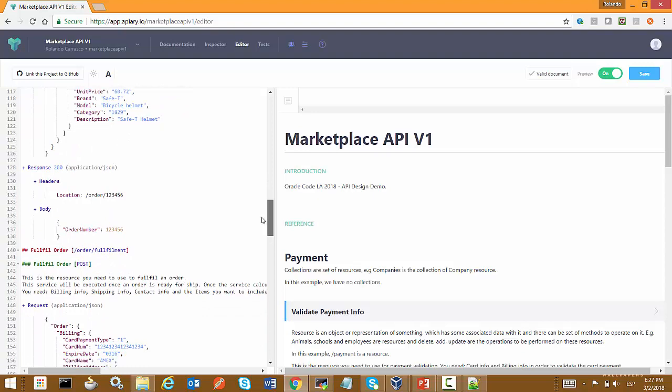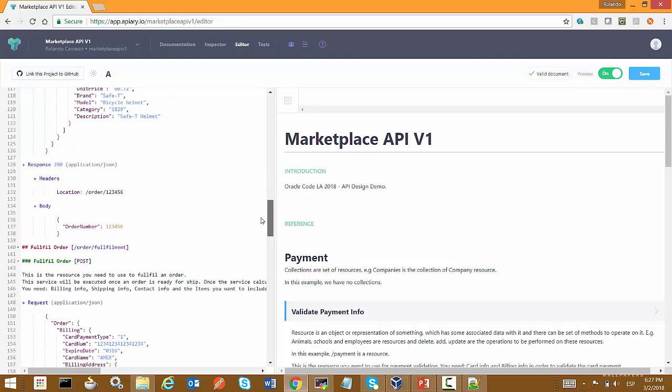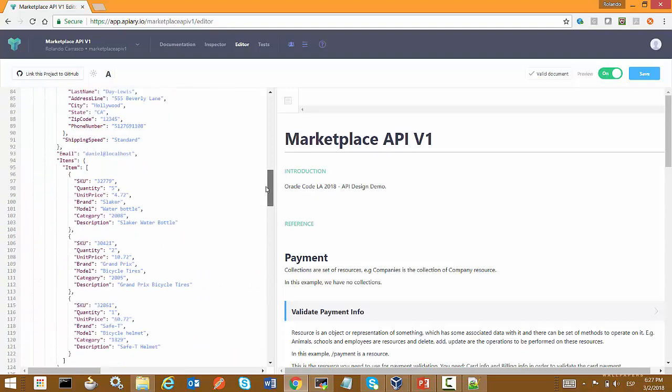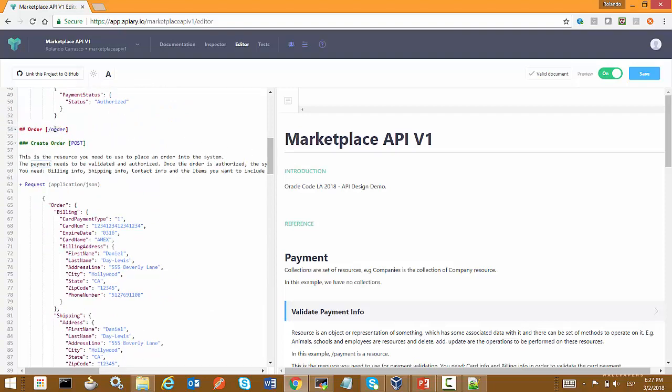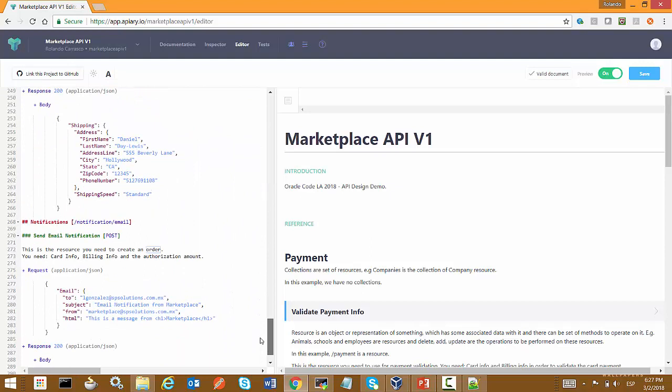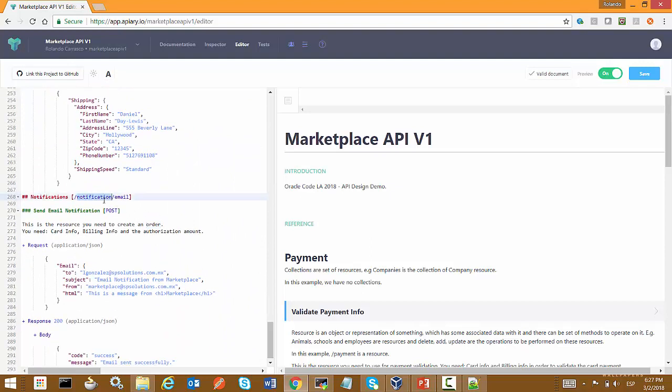Also, I think he's mixing some of the resources. For example, he's talking about fulfillment right there. Now he's talking about order, and then if we go to the end of this, we find notification and email. So he's actually mixing things or entities within the API.